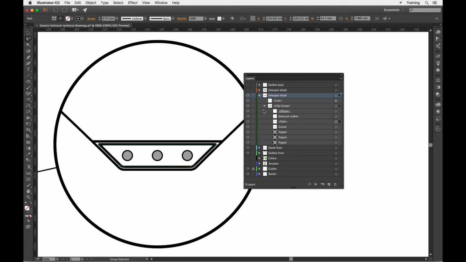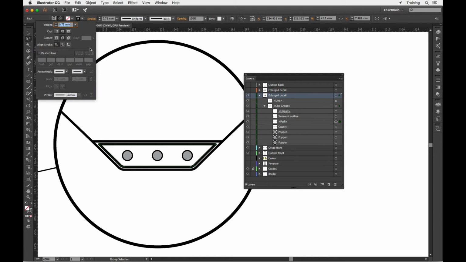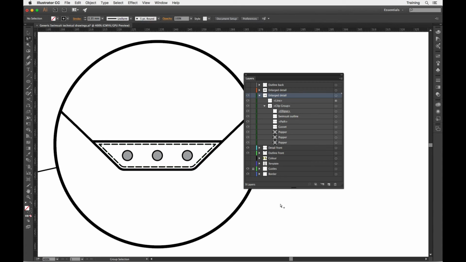all I need to do is go and change that to a dashed line with the stroke panel. I'll make it a lighter weight, so if I take it down for this, maybe 0.35, that looks reasonable, and I'll make it into a dashed line. I might have got lucky there and my dashed line is actually a reasonable running stitch there, but if I